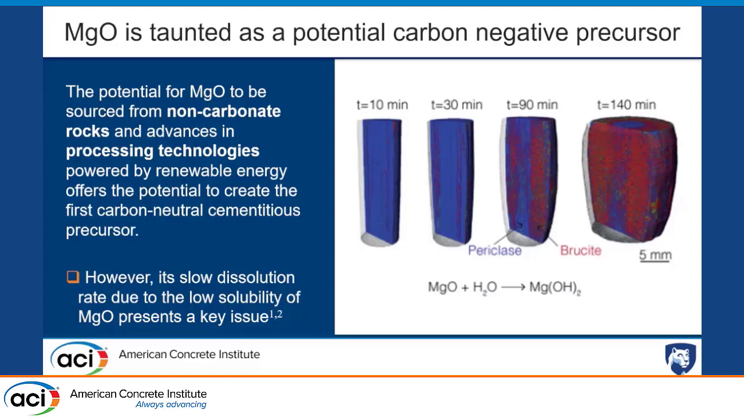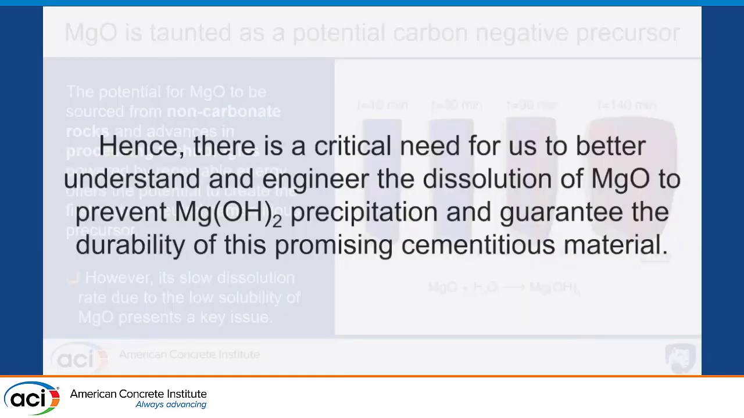So we need to not only control the hardening rate of these cements, which is usually pretty fast, but we also need to control this reaction. So how are we going to control that reaction? That's what we're going to be talking about. We need to understand the reaction to then engineer the dissolution of magnesia to prevent this magnesium hydroxide precipitation. Once we do that, we have unlocked one of the key barriers in actually making the cements an actual practical